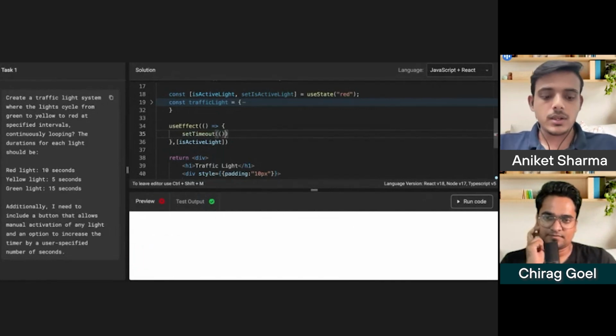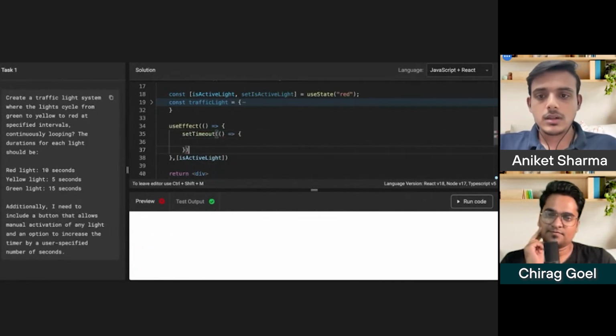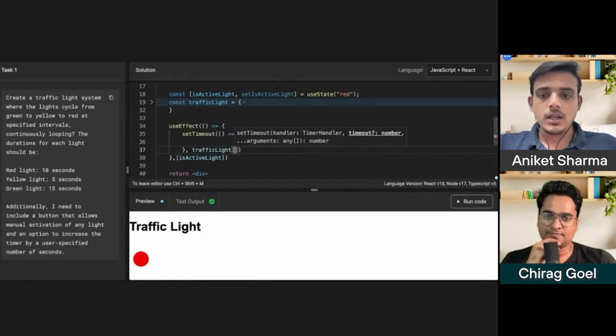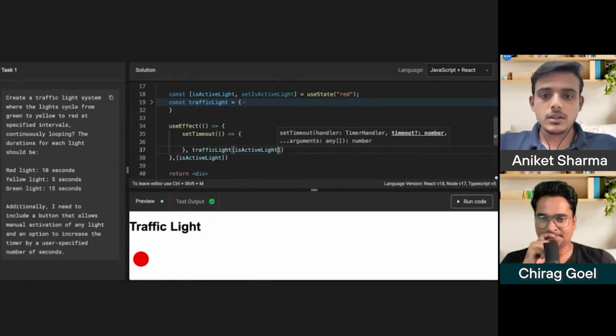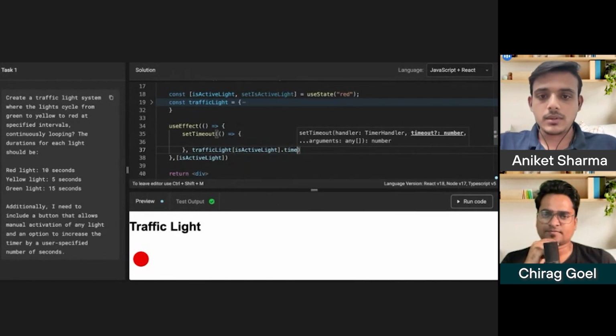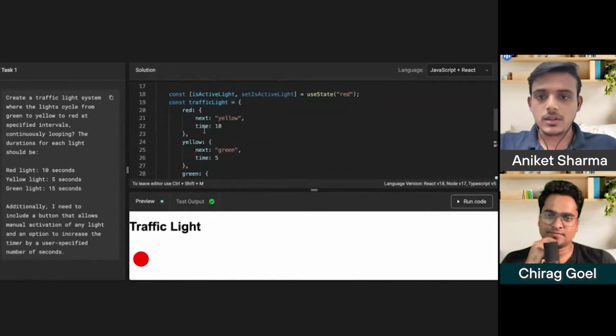It will take a callback, and what we can do is we can access our traffic light object, and for the active light we need to access the time. Let me check whether I have defined time.